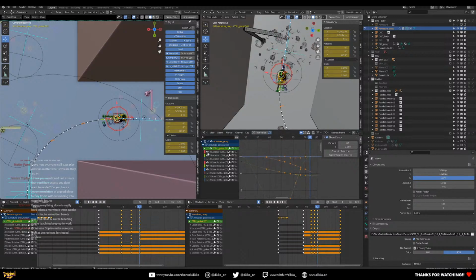Let's have a look at the rotation. So that's looking pretty clean. It looks pretty good there. So it's probably just the pacing of the